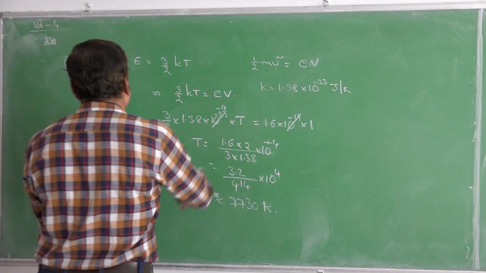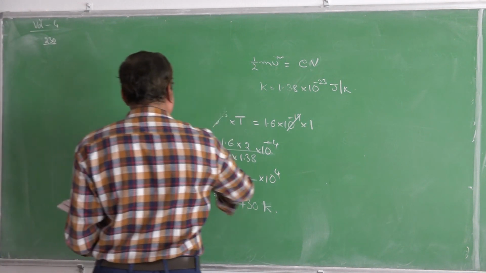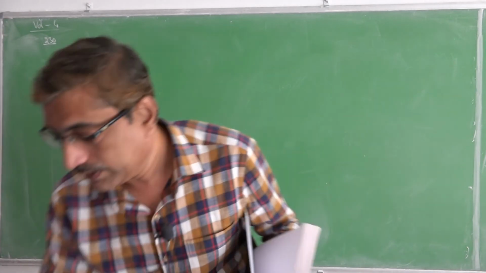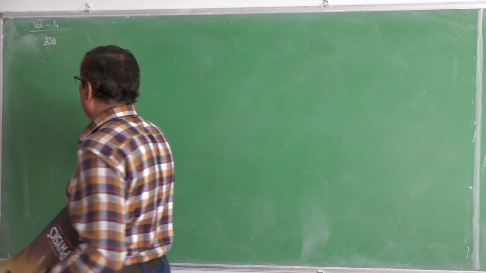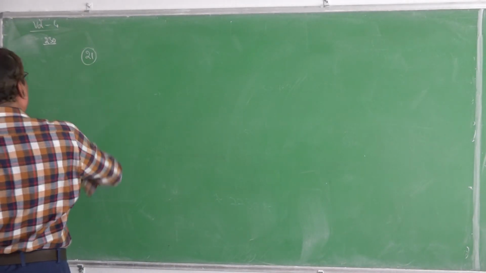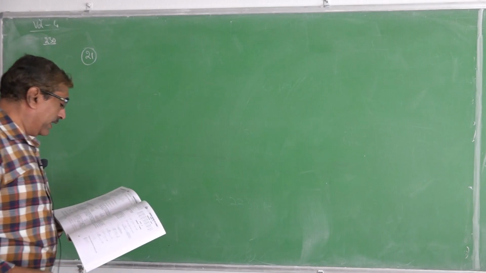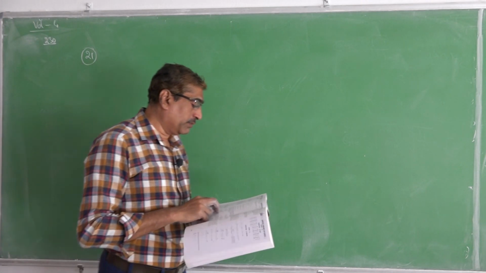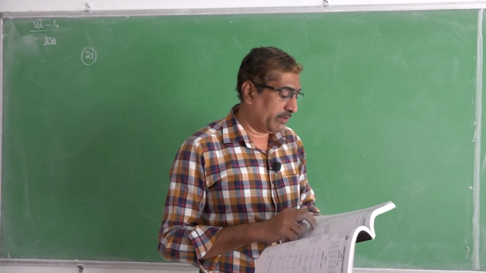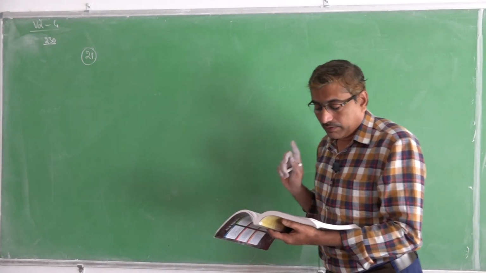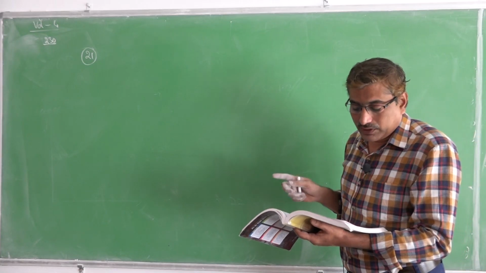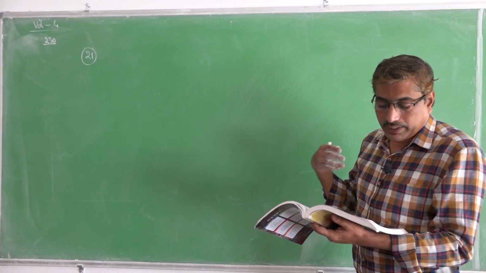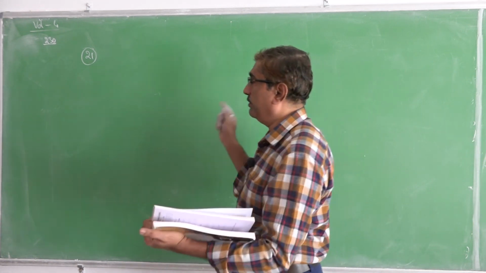Okay, next in this 21. At what absolute temperature is the RMS speed of a hydrogen molecule equal to the escape velocity from the surface of the moon? The radius of the moon is r, g is the acceleration due to gravity on the moon surface, m is the mass of a hydrogen molecule, and k is the Boltzmann constant. So similar to this one.